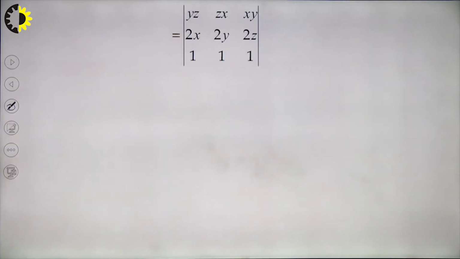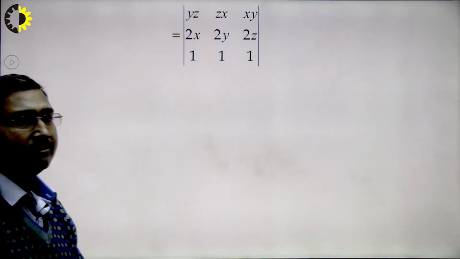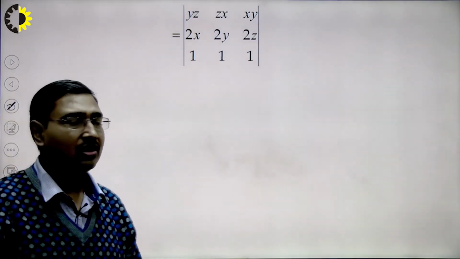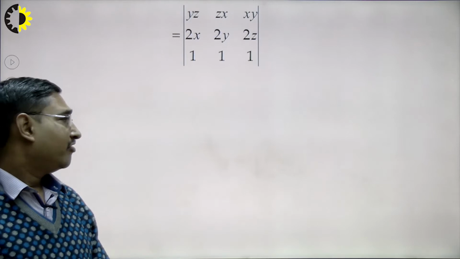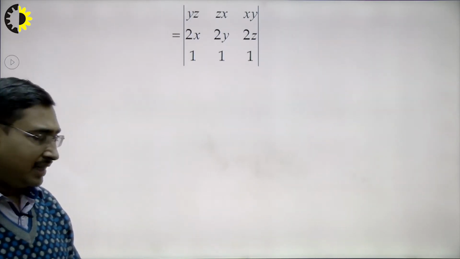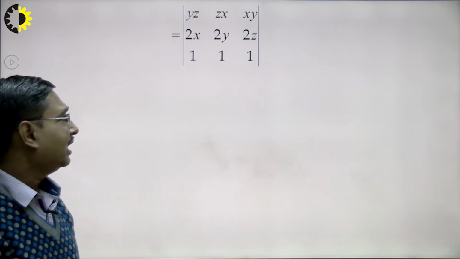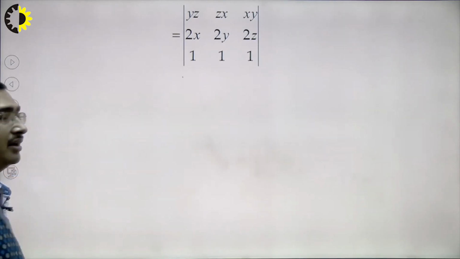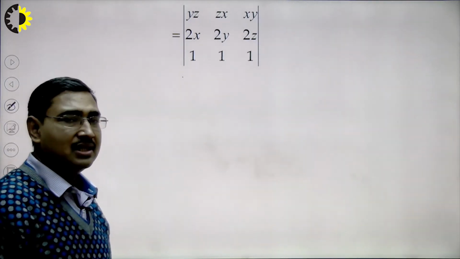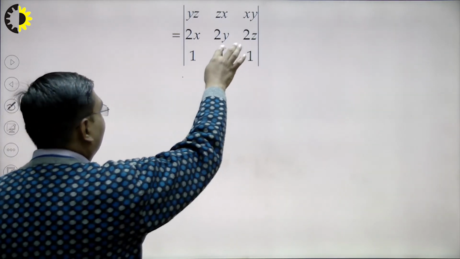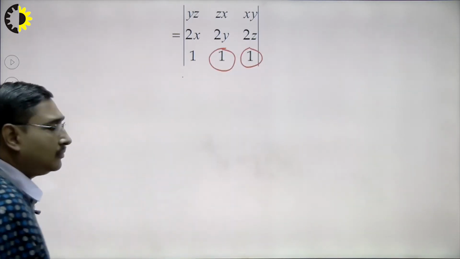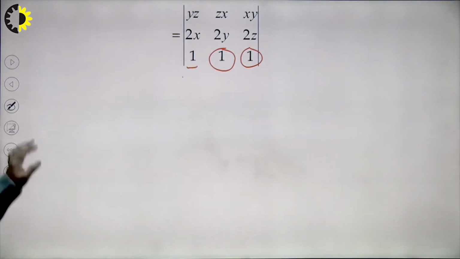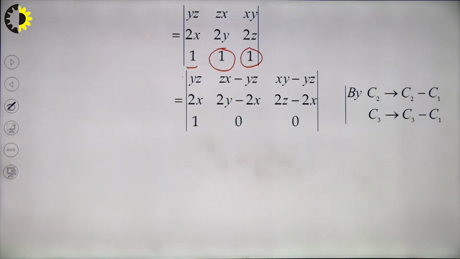Now, this is our Jacobian, and I want to simplify it. We know that the expansion of a determinant is not a favorite process for us, because it takes time and sometimes becomes tedious, and therefore we try to apply some transformations introducing zeros in the determinant, which makes our procedure simpler. Here I observe that these two elements are 1 and these can be transformed to 0 with the help of this one easily, and therefore I apply a suitable transformation.